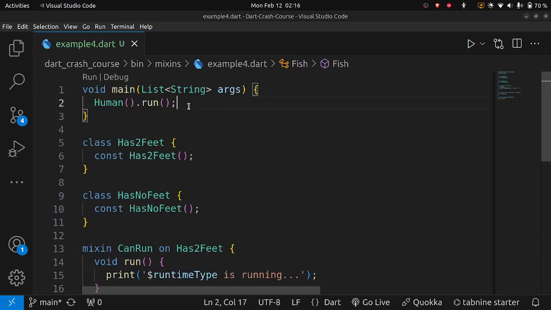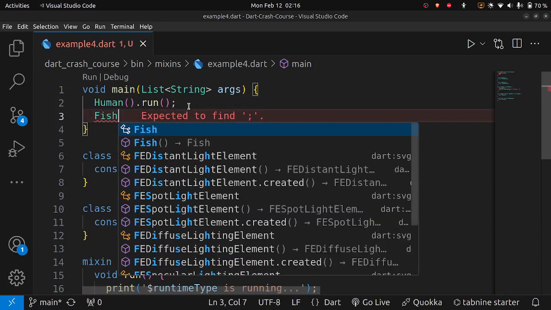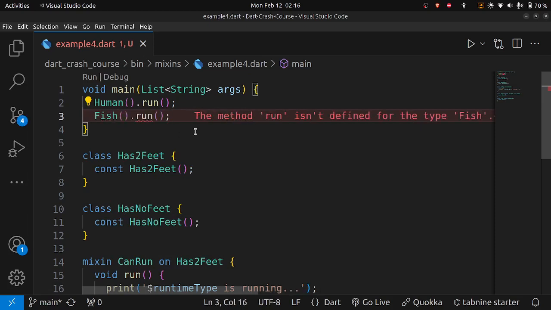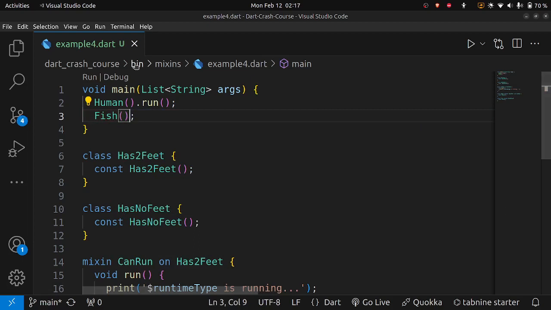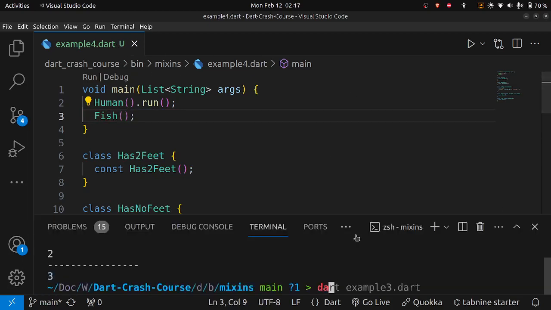Now you see that if we say fish, we don't have the run, right, because obviously the fish doesn't have feet, right? So if we try to run this